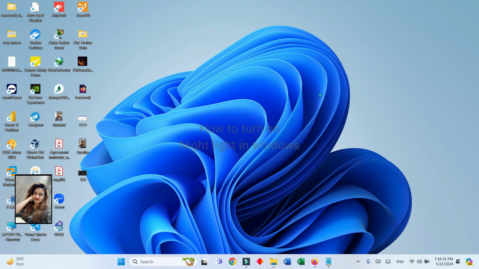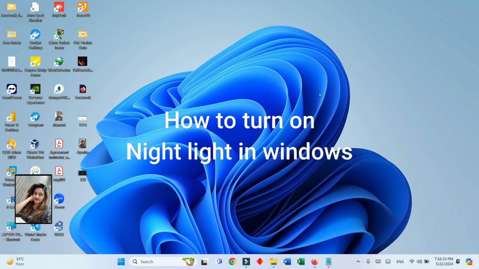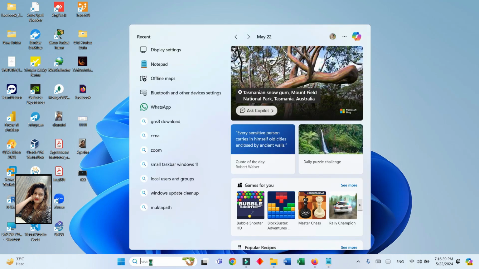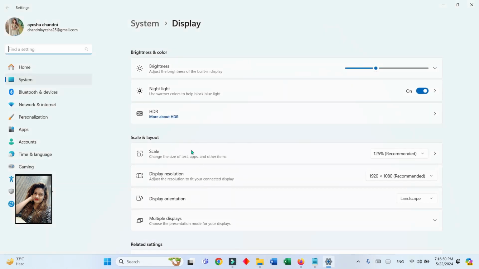Today in this tutorial I am going to show you how to turn on night light in Windows. So for this case we have to go to the search option. Here I will write, or click here, where I have written before. That's why it has been here. Display settings, click here, the night